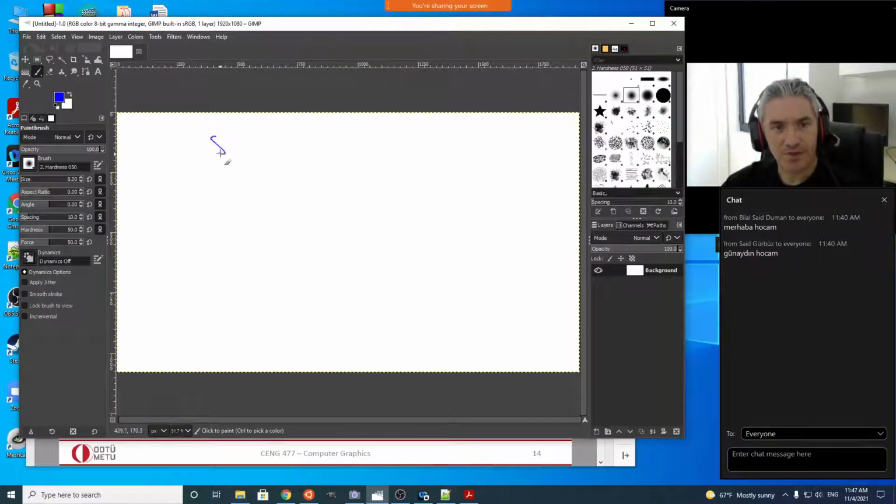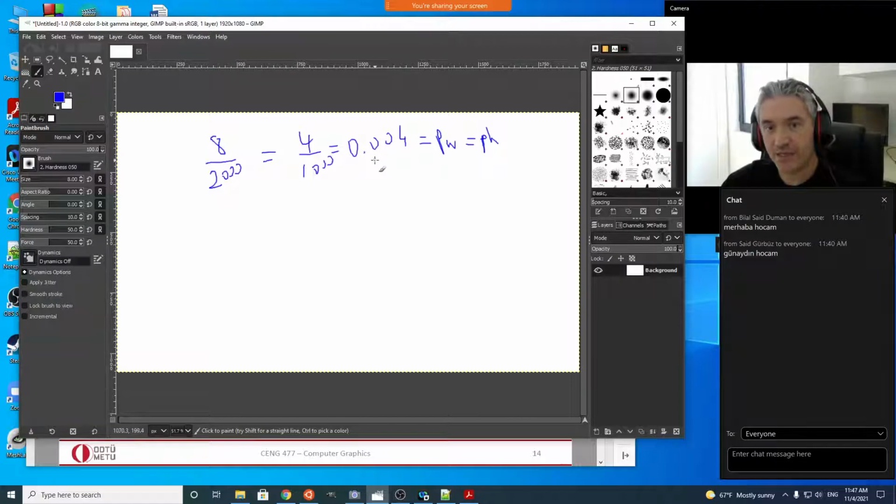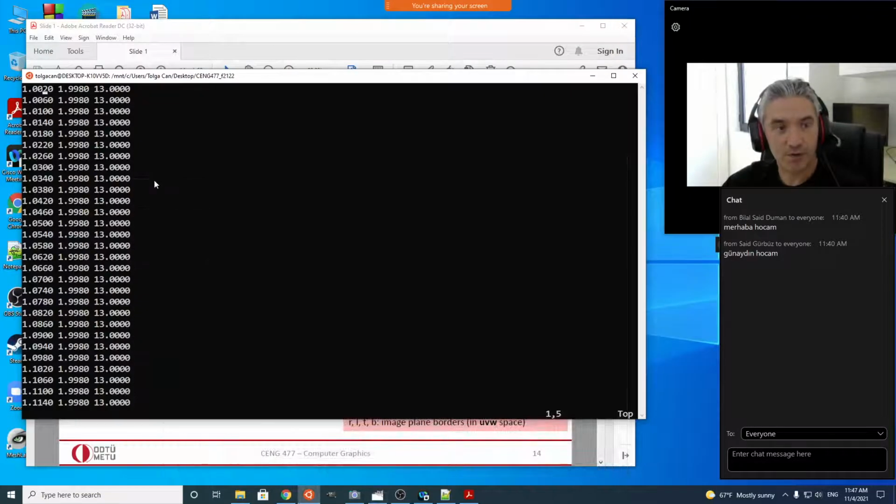Because, for example, if you divide 8 by 2,000, or if you divide 4 by 1,000, both of them are equal to each other, you get exactly 0.04, which is equal to your pixel width and also pixel height. And half of this value is 0.02, so therefore it makes sense to start at 1.02 because